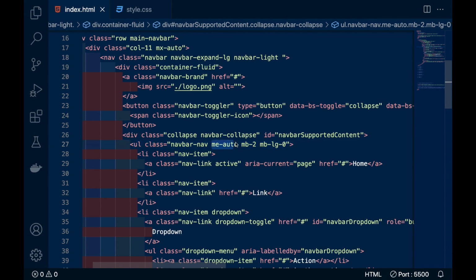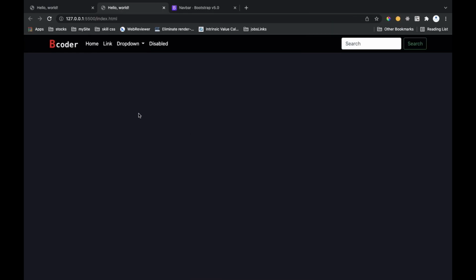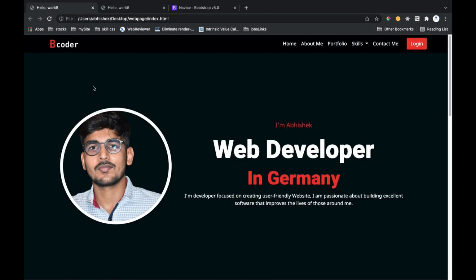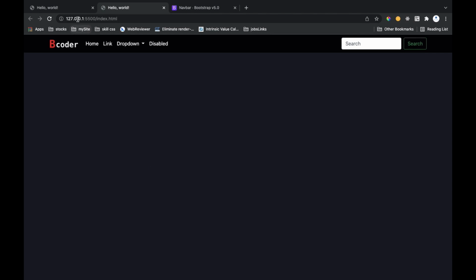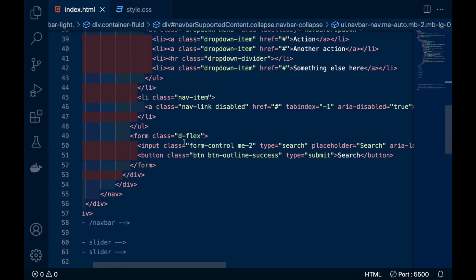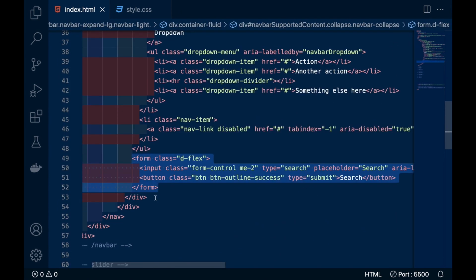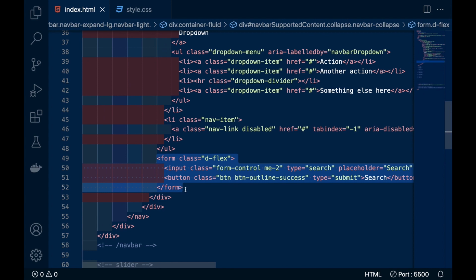So catching this, to see what property is being used here, first thing I will remove this search option, because we are not going to use that. For removing that you can simply come here and see at the end of the navbar, a form is here.